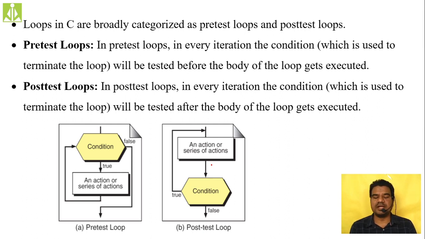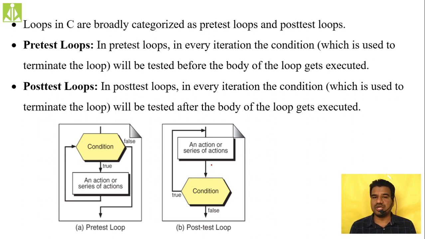In pre-test loops, the condition will be checked before the body of the loop. In every loop we are going to have two things that we already discussed: a condition and a body. The body is nothing but the repetitive statements, and the condition specifies the number of times the loop should continue. Without the condition, the loop will go into infinity. These concepts we already discussed.